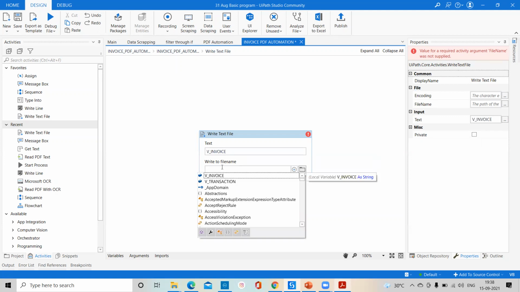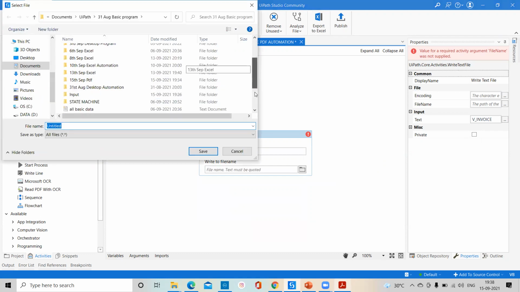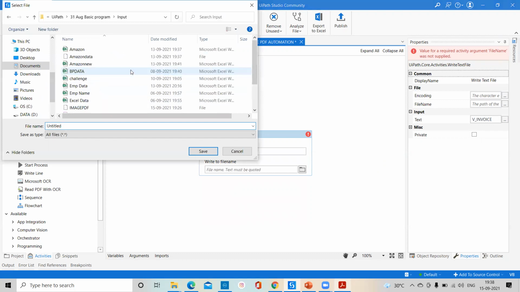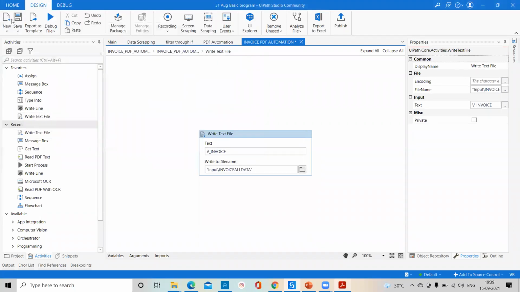Here I want to provide the path, like the input folder, and I can pass the file name invoice all data. So let me run this program.